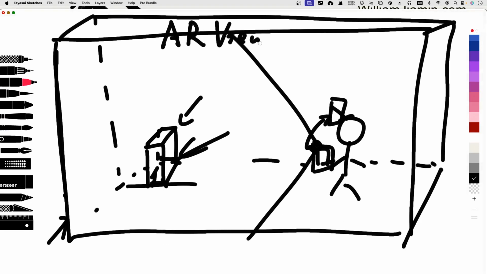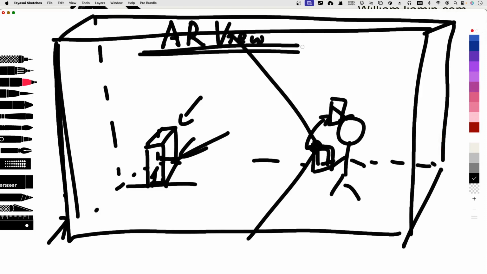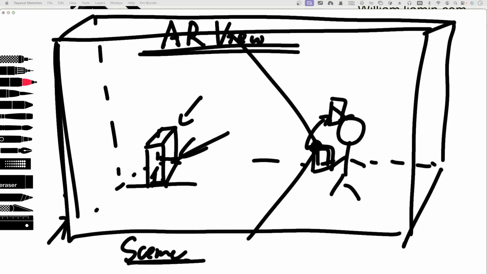Okay, basically everything that you build is under the AR view, and this is the scene that you created. So it's like a movie scene that you created, and you put everything inside. Okay, and inside of this scene we got different entities. Okay, so for example, this box will be an entity,